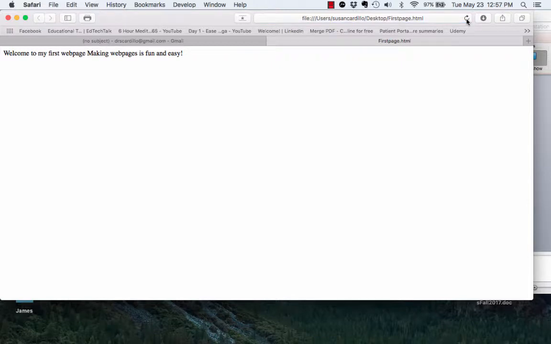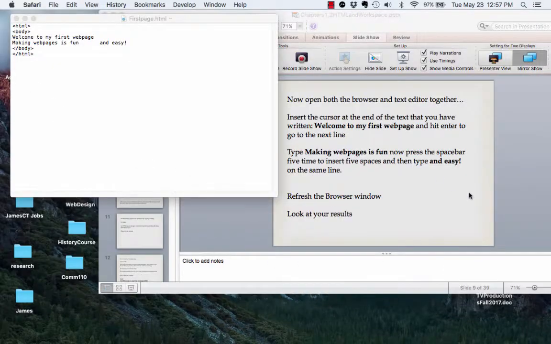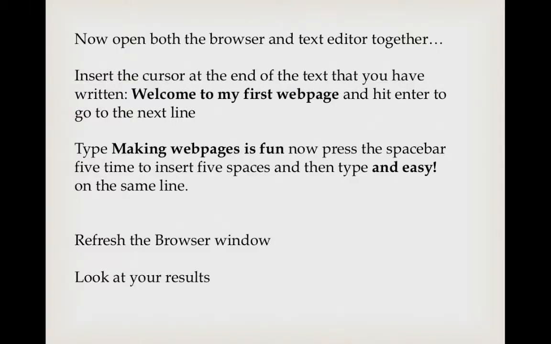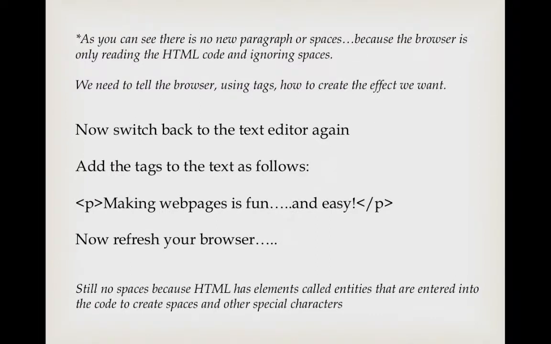And oops, look at that. It didn't put it on the next line, and it didn't do any spaces between fun and easy. Well, good, because that wasn't supposed to. I was tricking you. So your results should be the same. Hopefully they were. And as you can see, there are no paragraph or spaces because